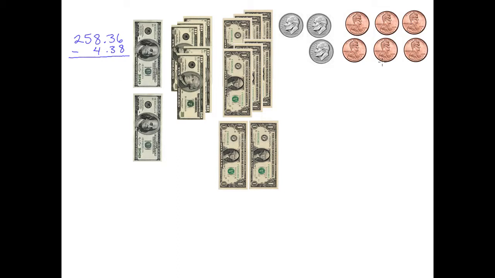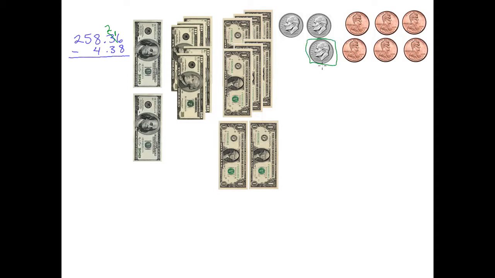So here's the idea of borrowing. We have 6 pennies, and we're trying to take away 8 pennies. And in the instruction, we said, oh, we must borrow from here, make that 2, and make that 16. Let's watch what happens visually. We have 6 pennies that we're trying to take away 8 from. Well, we don't have the ability to take away 8 pennies. So we take this 1 dime right here,